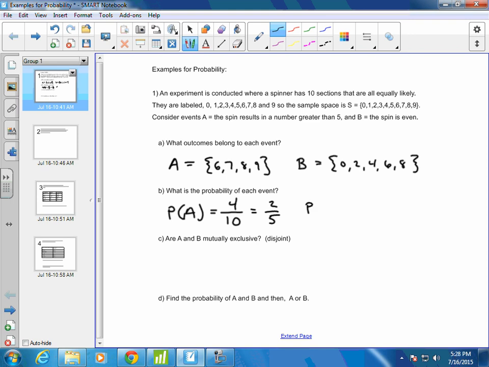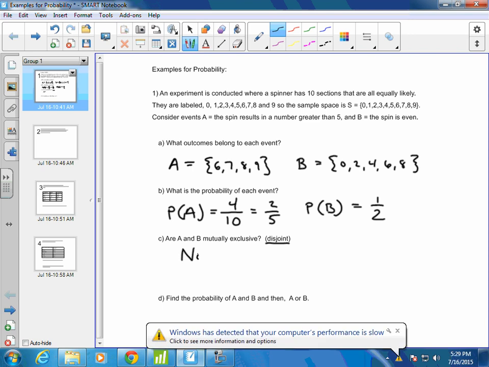All right, so notation for probability of B. This time we have 5 outcomes in B out of the 10 possible outcomes, so I'll just simplify 5/10 right down to 1/2. All right, so there's the probability of A and B separately. Now it says, are A and B mutually exclusive? Or disjoint would be the same as mutually exclusive. Mutually exclusive means that the two events have no common outcomes, or that they can't happen at the same time. So here we can answer no,